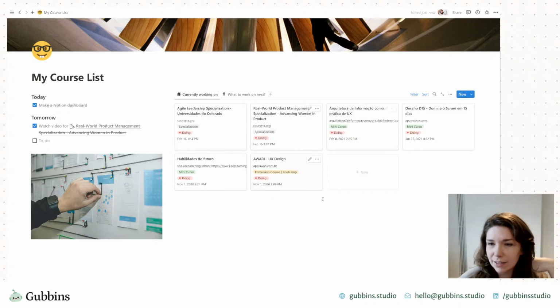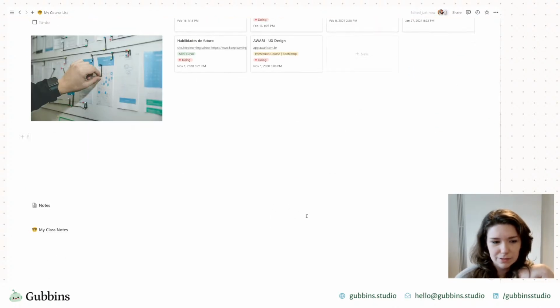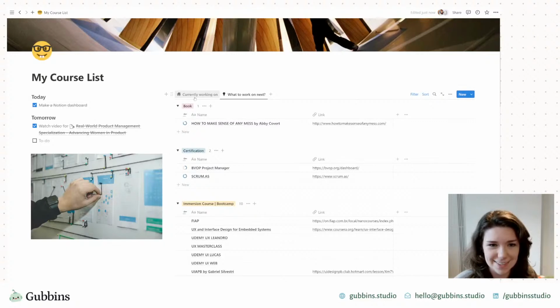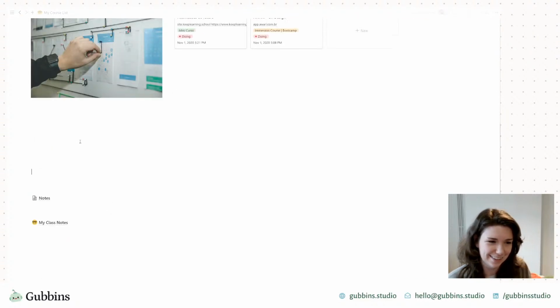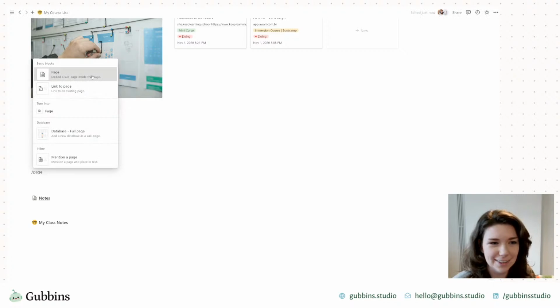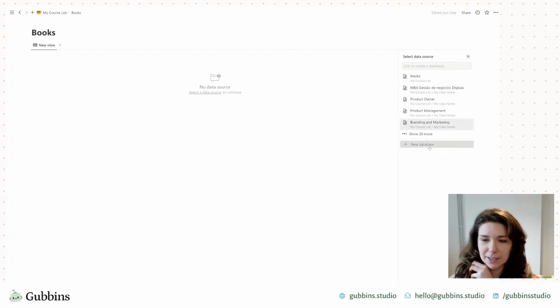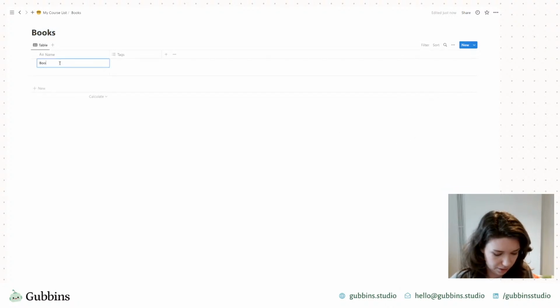Okay, another fun thing, I guess, is... okay, I can probably do this in a few minutes. Let's go. I noticed on here that there's a book. But let's say you wanted to create an actual reading library. Let's see how quickly I can do this. Right, I should have thought of this before. Page, let's go books. Make a new database for books. Then book A, book B, book C.